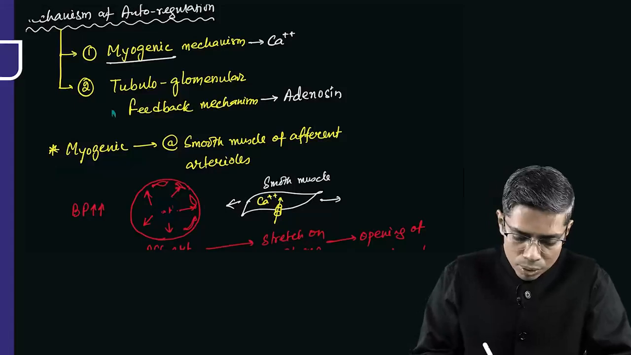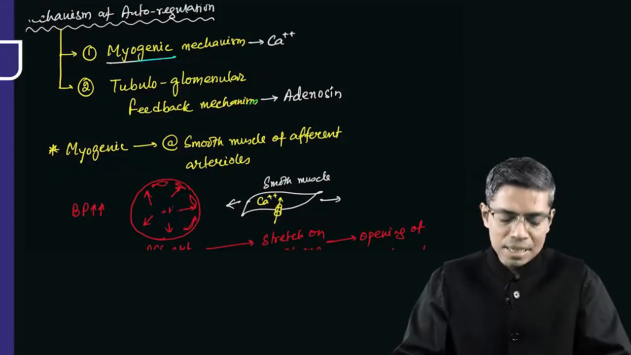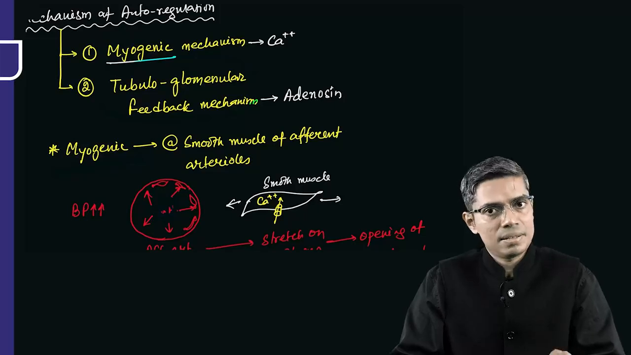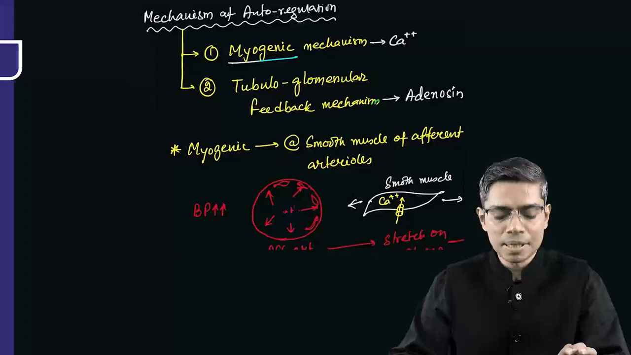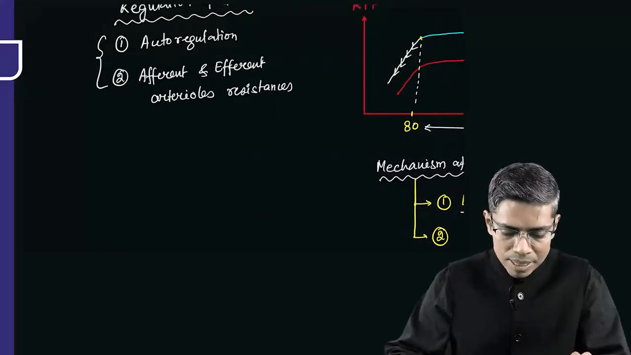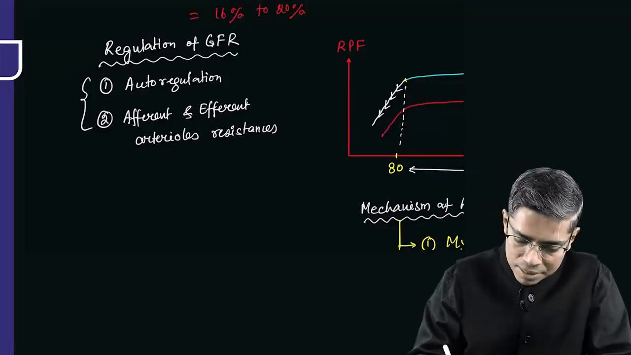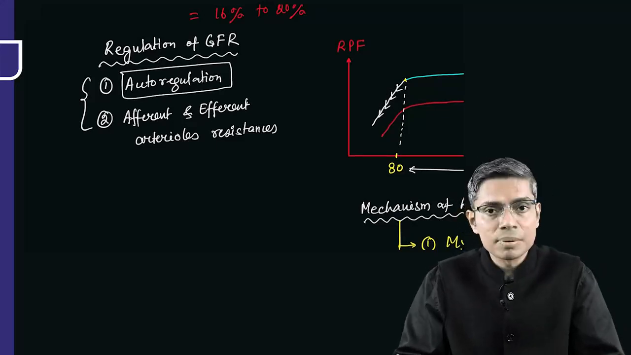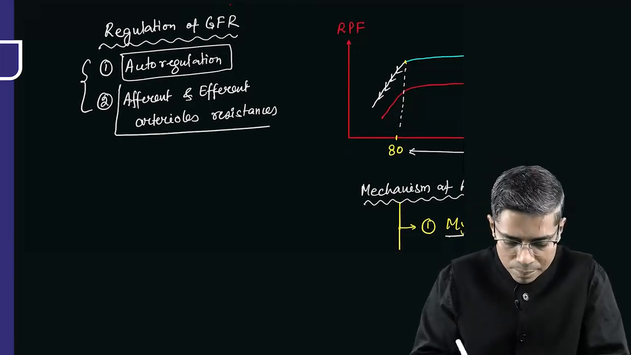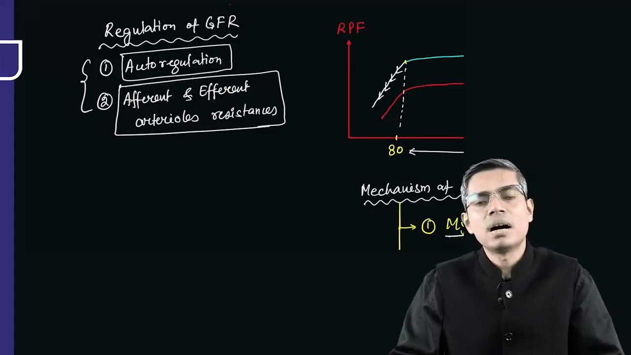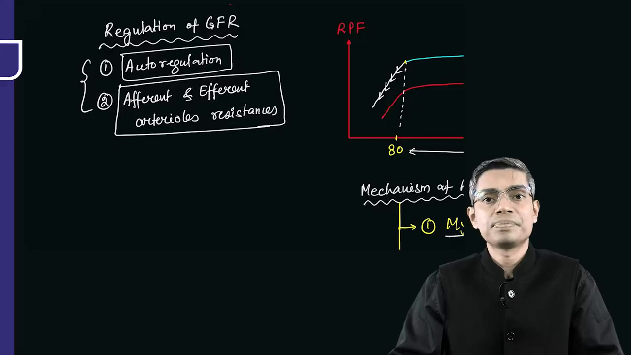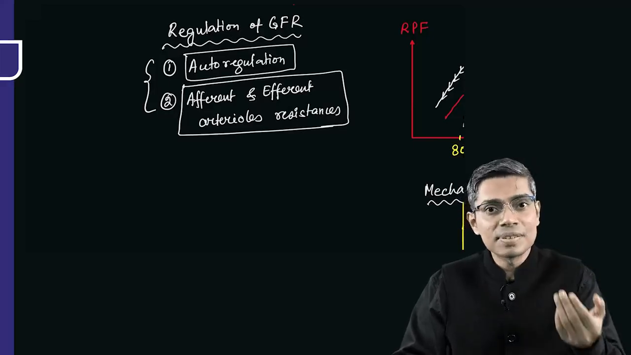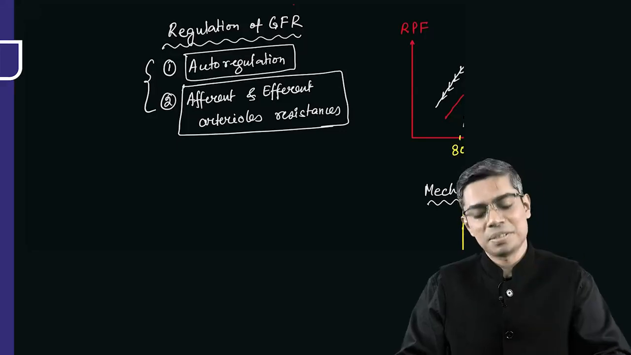Now this tubuloglomerular feedback mechanism will be discussed in the next chapter, the chapter of JG apparatus, right? So forget about this mechanism for the time being. Now you concentrate on the second mechanism of autoregulation. So now we have discussed autoregulation. We know the meaning of autoregulation and how autoregulation is done at the level of the kidney. Now we are concentrating on the second part, that is the afferent and efferent arteriole resistance. Meaning if you cause constriction or dilatation of the afferent arteriole or efferent arteriole, how is the GFR going to change? Very important